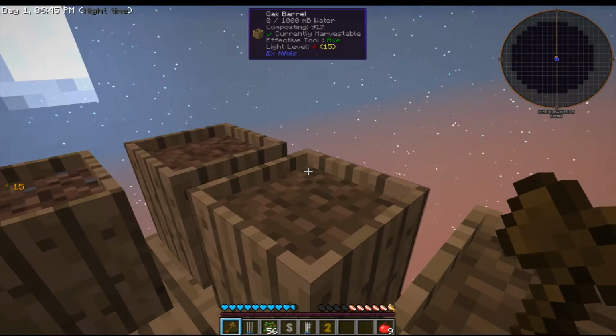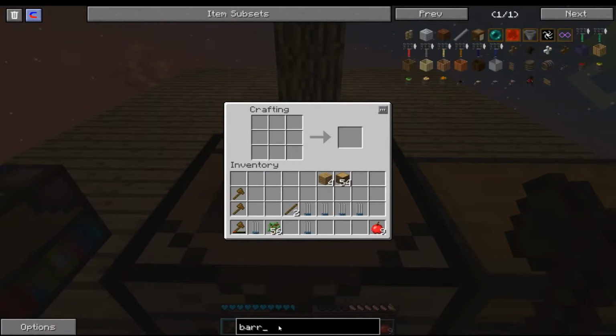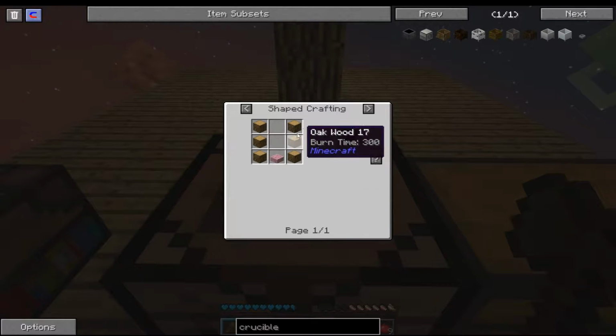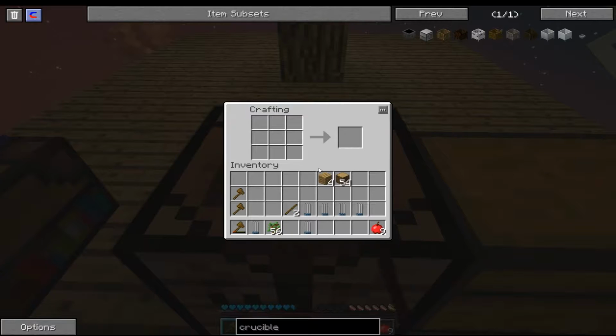I can't remember what you need to make a crucible, so let's have a look at the wooden crucible. And it's an oak one we want. So let's just see. Yeah, that's incredibly easy to make. So let's just go ahead and make that just now as well. Because I have no idea how long we could be waiting for...